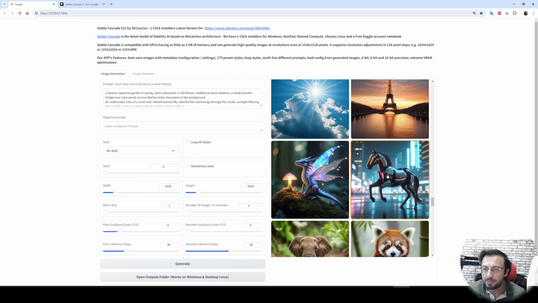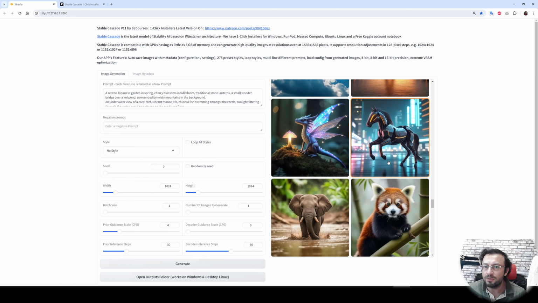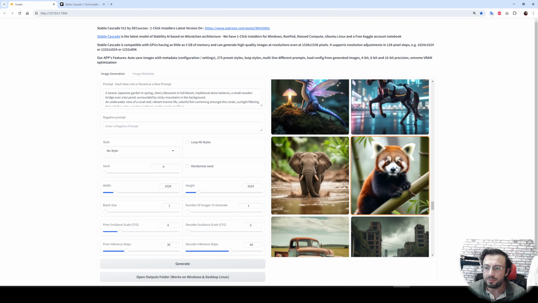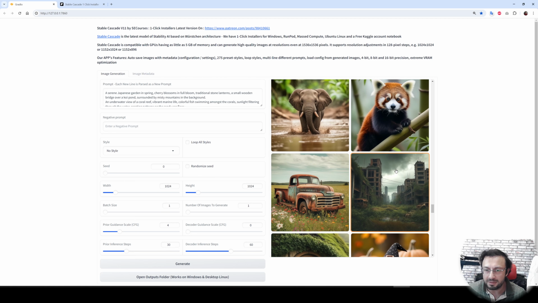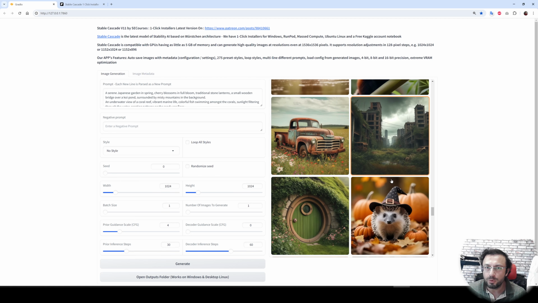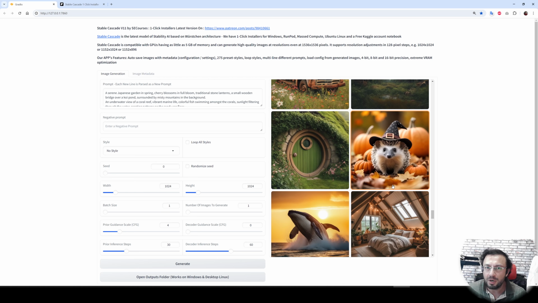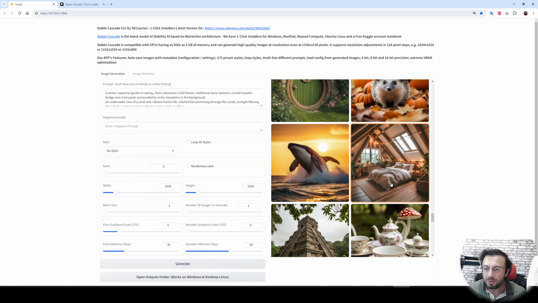For Windows, you just double click the .bat files. Installing on RunPod and on Massed Compute is also very easy and straightforward. You just need to execute a command. Everything is written in the instructions file. The Kaggle notebook is also very straightforward. So in this video, I am going to show you how to install Stable Cascade on these cloud platforms.